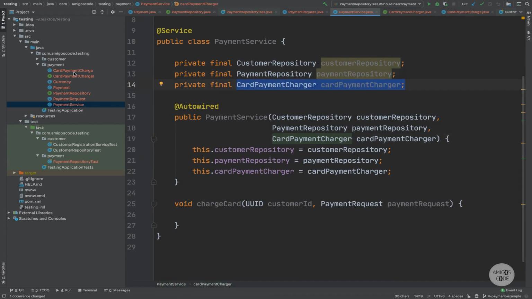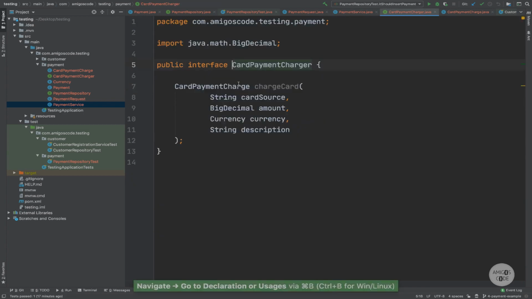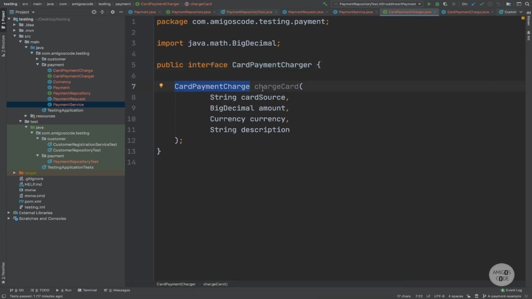So even though we don't have an implementation for this, we can still test our logic, because we can simply mock the response of this method right here called charge card. And when we create the class that implements this interface, we will test it in